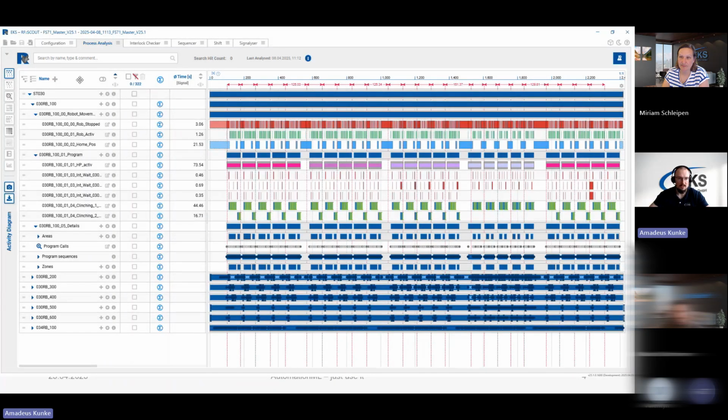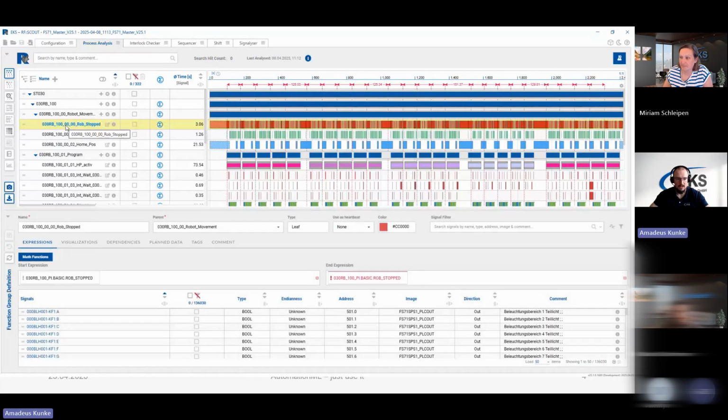So Scout itself is a tool where you can generate your own process analysis, let's say. We have this table on the side where you can create some structures like you want to. You can name them like you want to, and then these two things: we can create structures and actors. And these actors, maybe I open this for example, where we can say, okay, I have a lot of signals